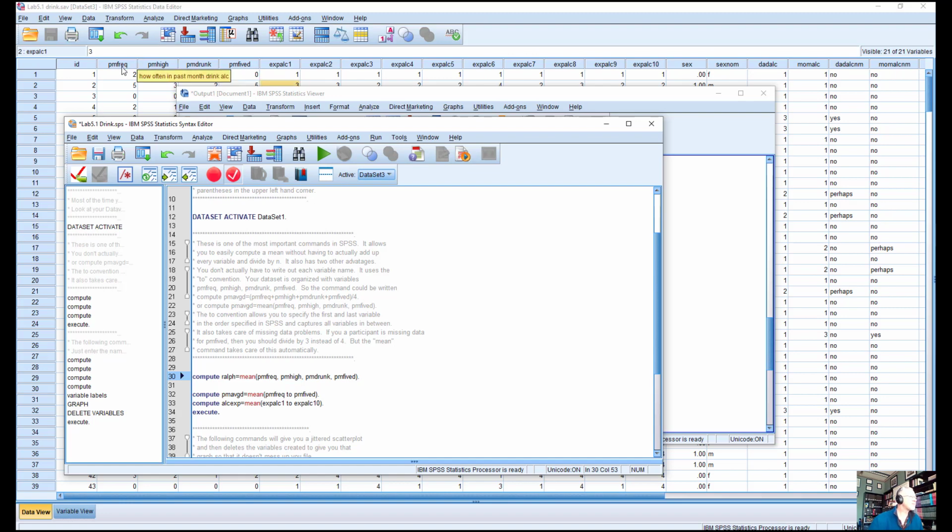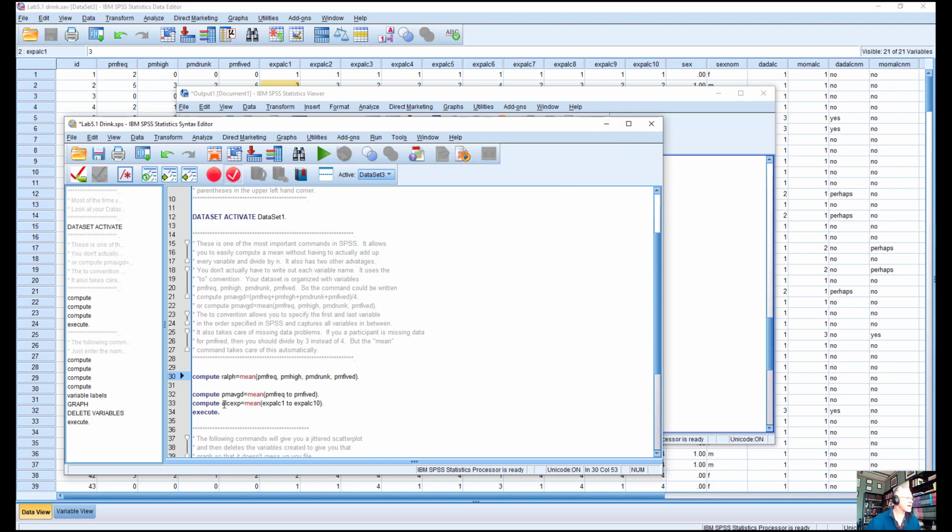So I could have said PM freak to sex for gender here, and it would have averaged everything from here to there, whether that was appropriate to do or not. Okay, so it just makes the coding simpler. It's called the to convention, and a really handy tool to use in SPSS.